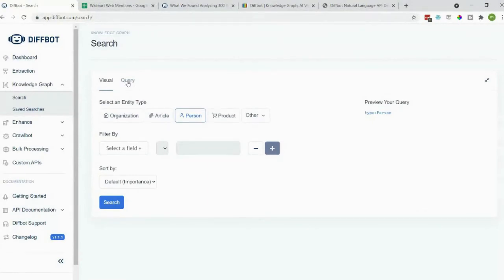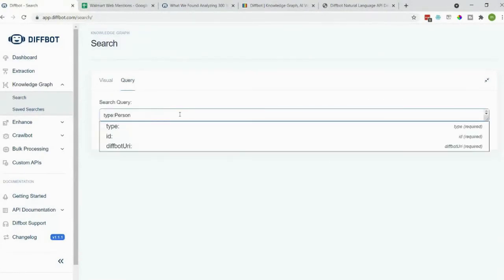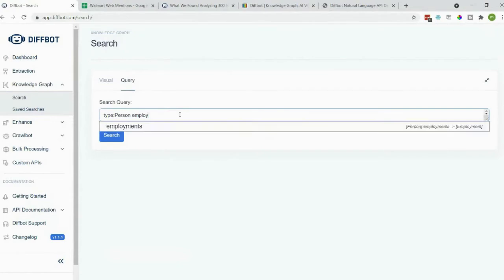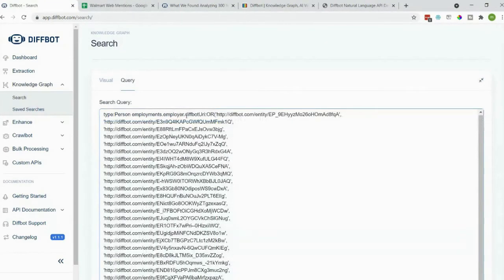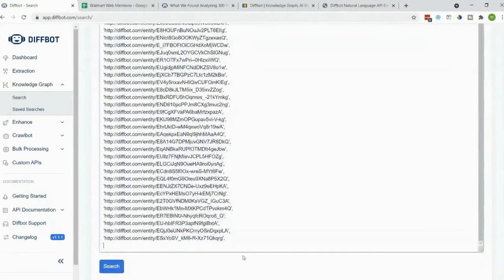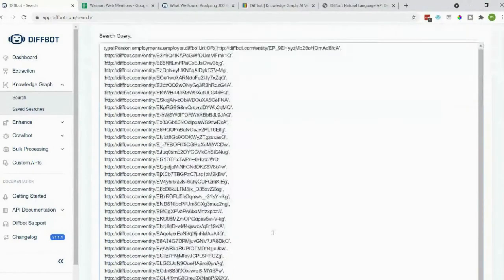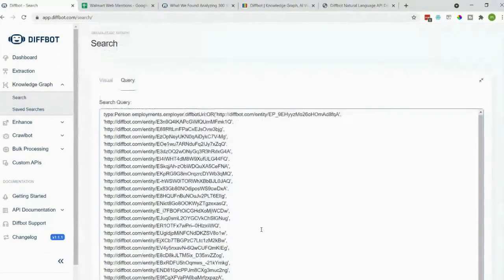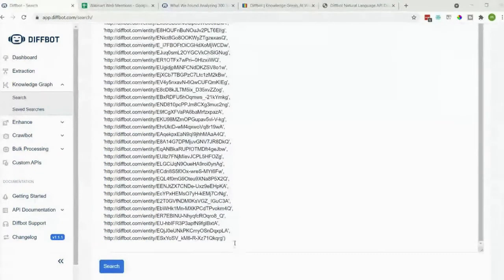And what we can do here is we say, okay, now I want a list of people. I want for their employers to be comprised of that list of Diffbot URIs that I just grabbed. It's sort of an ugly query, but the results are pretty cool. You delete this last comma, and then let's say we don't want everybody from all of these locations, so I'm going to paste in slightly more here,